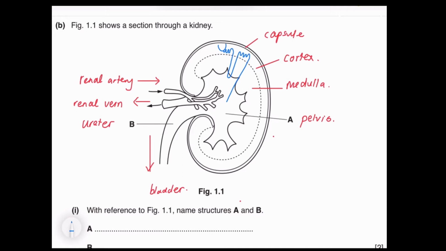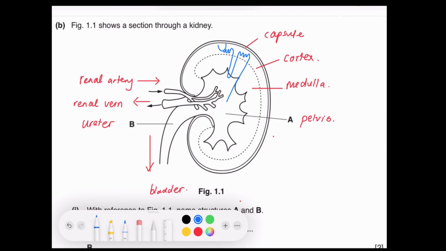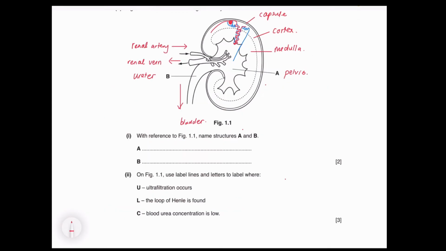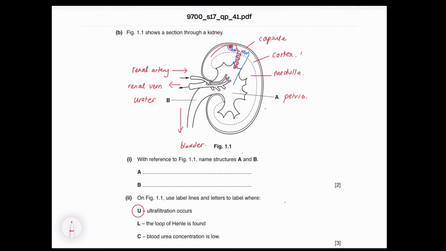So if the question is asking where the ultrafiltration occurs, we know that near the Bowman's capsule is where we have the branches of the arteriole forming the glomerulus, and we have all these smaller blood capillaries. So the filtration will be occurring at the cortex. So U will be the cortex region, and the loop of Henle will be found mainly in the medulla,